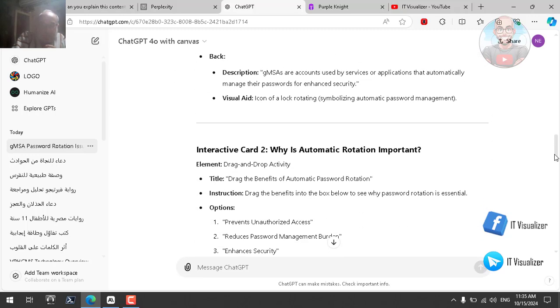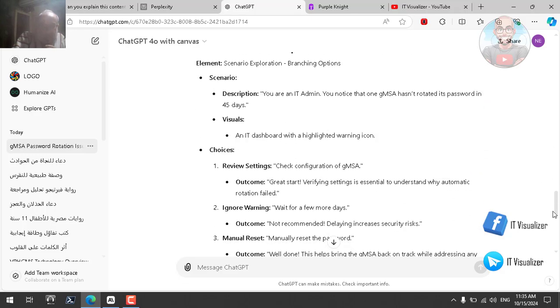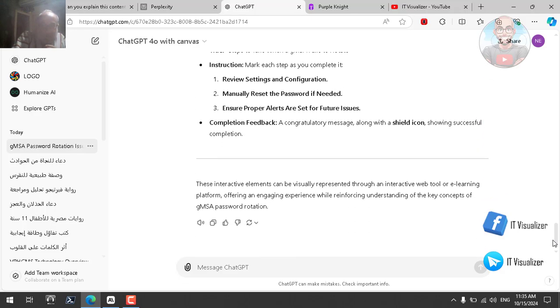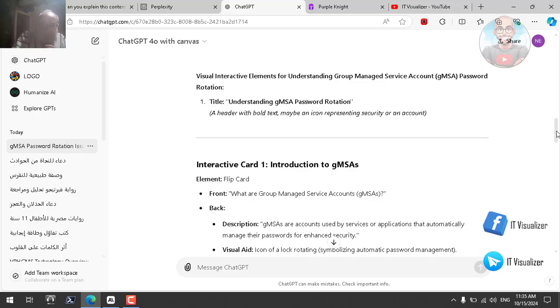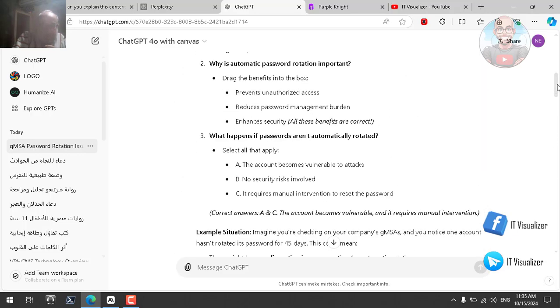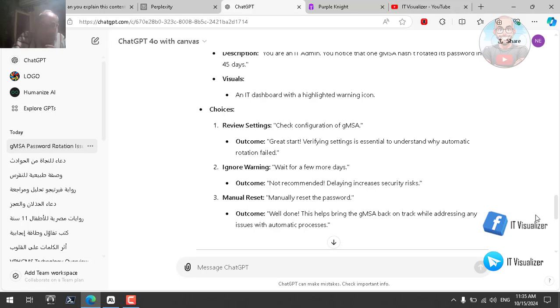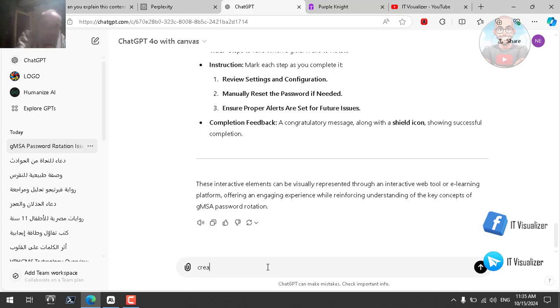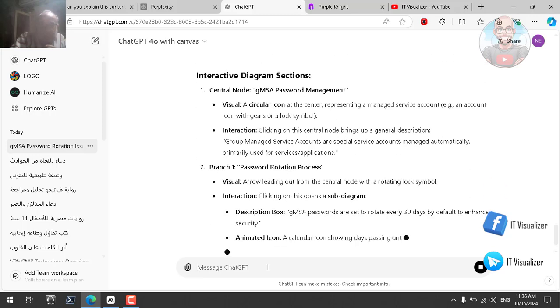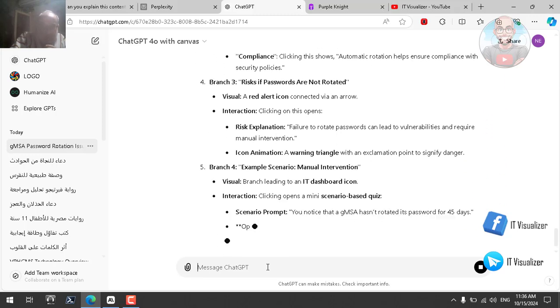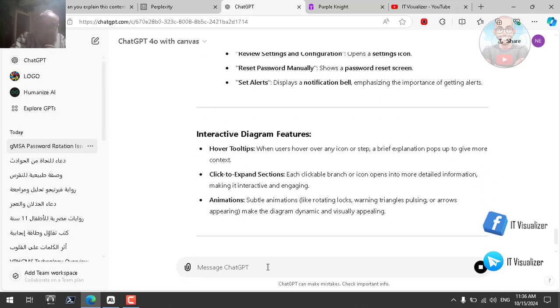Flipkart. So again, he doesn't give us any visual aids. Okay, so let's see if we tell him to create an interactive diagram. So again, he doesn't create any diagram. He still is